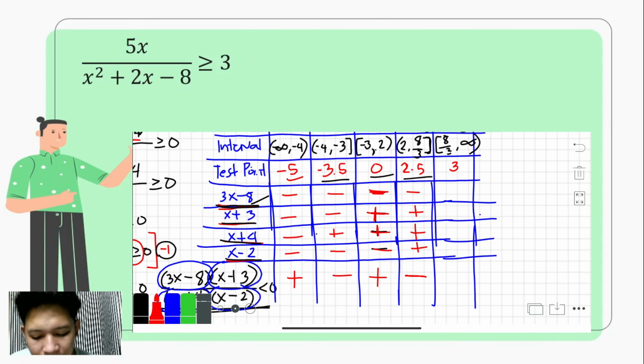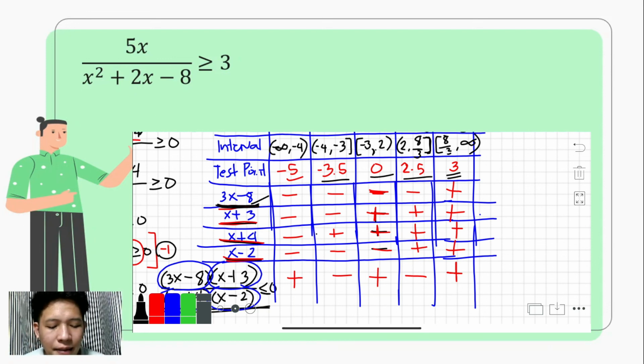And the last one, kapag 3 naman po yung x natin, we have 3 times 3, that's 9 minus 8, that's positive 1, so we have positive. Then we have 3 plus 3, that's 6, that's positive. That's 3 plus 4. That's positive pa din. That's 3 minus 2, that is 1, still positive. And if this is all positive, then we have positive value. Okay, so